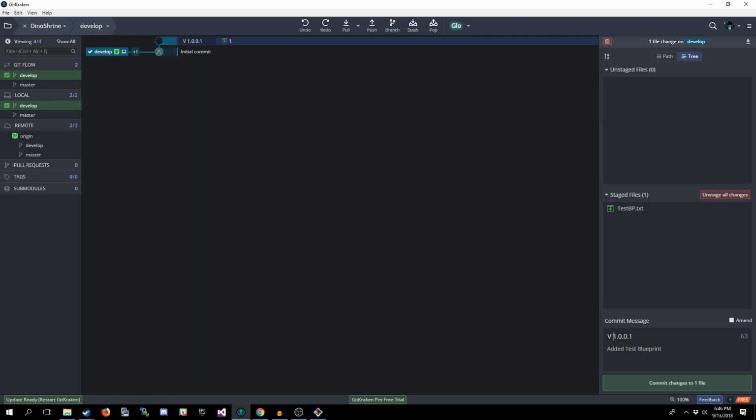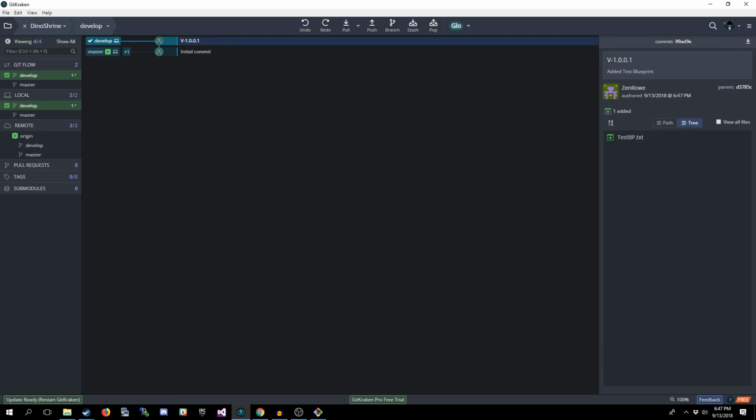So generally what I tend to do is for the summary section, I give it a version number. And then in the description, I give it the notes about what was changed. This is a matter of preference. You could also tag your version numbers. I know that's probably the more common thing. This prompts me to actually look at the description and read everything that's in the commit to make sure that it's the actual one that I want. But we're going to commit the changes.